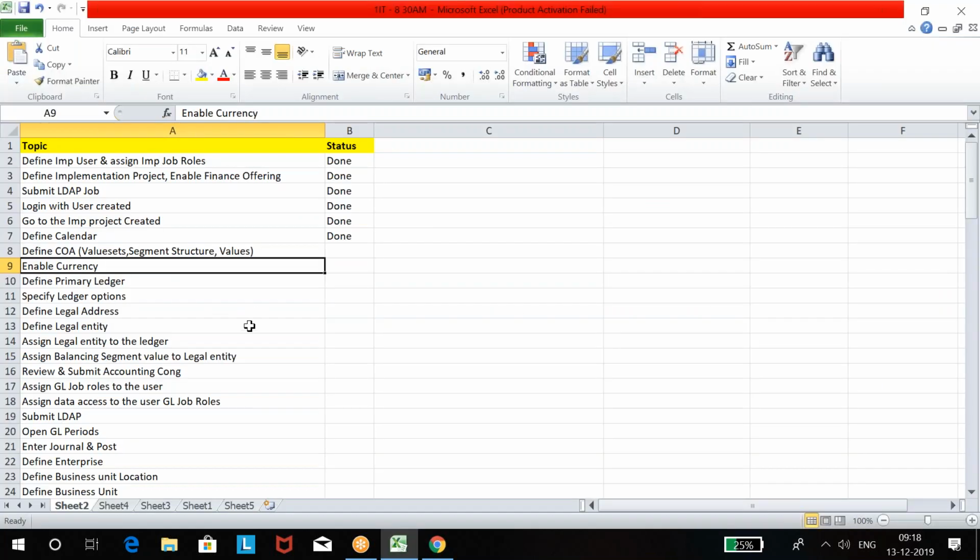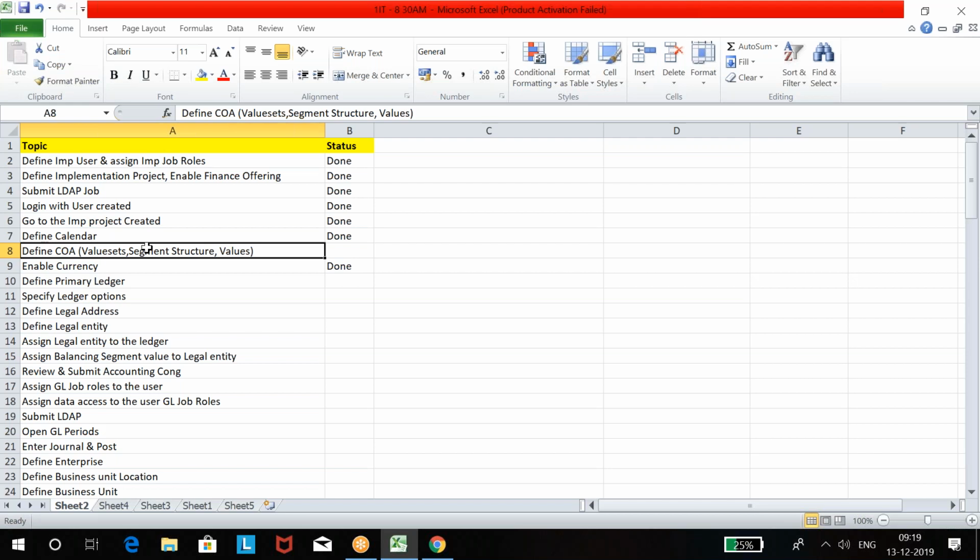Save and close. Next topic is chart of account. Without chart of account, we cannot define ledger. Chart of account we will define in the next session, because this takes 1 hour complete, and I want to close this topic in one day. I don't want to split into two classes, because this is all one topic.